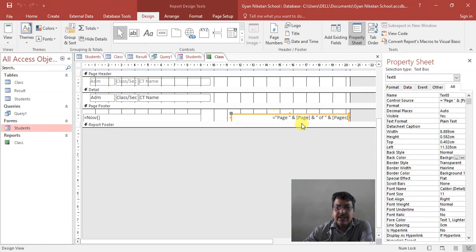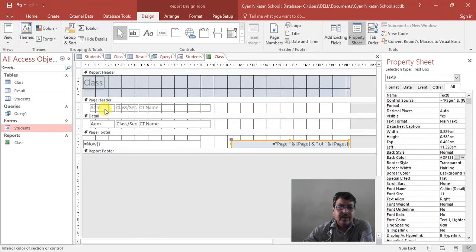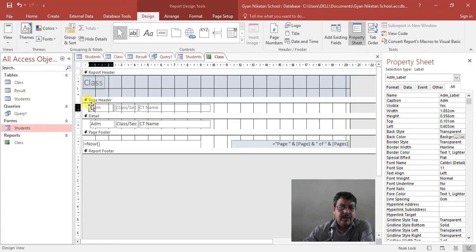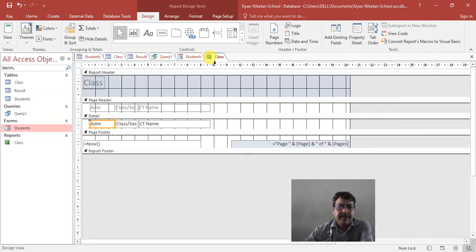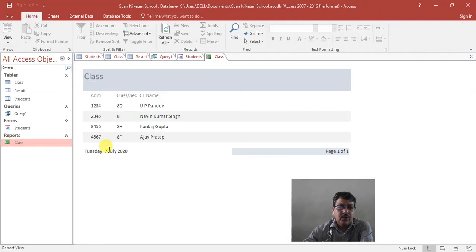Suppose you want to change the color, you can set the colors, border style, as you want. If you want to change this option, you can select it, and each and every box you can modify and format as per the requirement, and you can set the property and then save it. Your report will be created in this format.